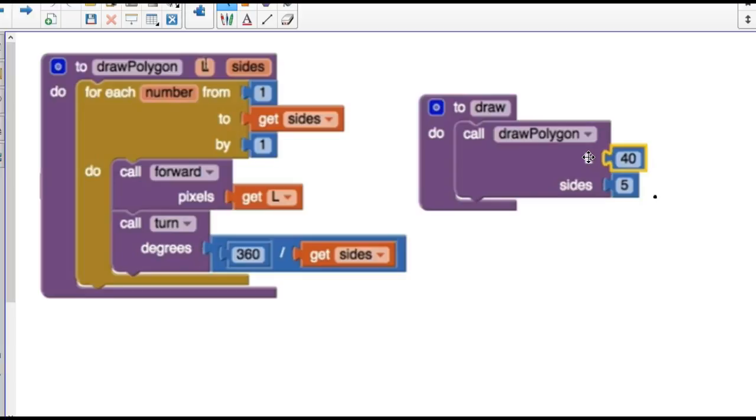Imagine taking this pentagon now, drawing it, rotating your character 5 degrees, then drawing your pentagon again, rotating your character 5 degrees, then drawing your pentagon again. Continue that, let's say, till you get to 360 degrees, and you've rotated all the way around. Think about what that shape would look like. It would be a pentagon on top of a pentagon, rotated all the way around. Now we can start getting some very interesting